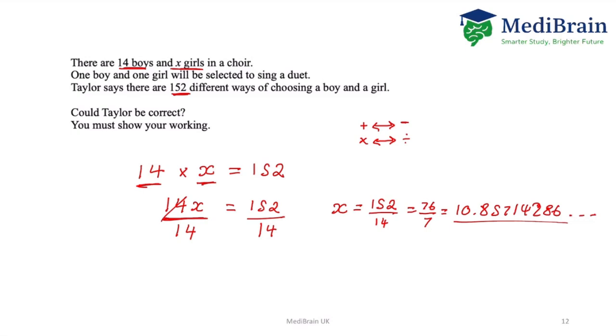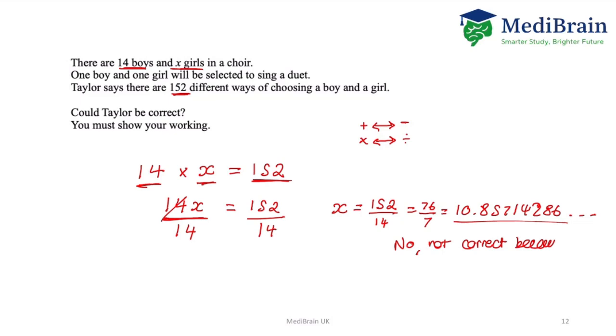No, you can't have 10.857142286 of girls. Because the answer is not a whole number, Taylor is not correct, because the answer should have given you a whole number. If there were 152 combinations, then x should have been a whole number. It doesn't give you a whole number. Because it doesn't, you don't put it into a fraction. You just have to say, no, not correct,